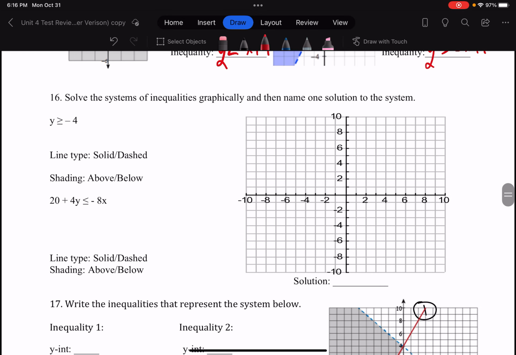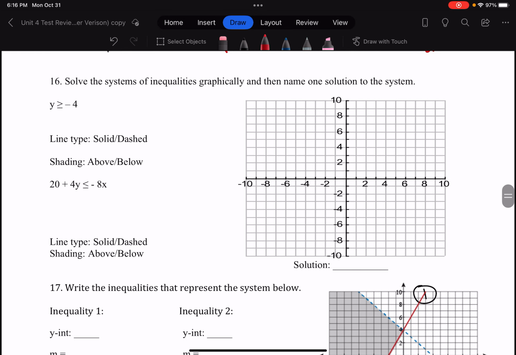Next, we're going to move on to systems of linear inequalities. So in order to solve any system of linear inequalities, you must graph these linear inequalities. So the first line I have is y is greater than or equal to -4. This is going to be a solid line because it's equal to it, and I'm going to shade above. So I've got where y is -4. This is true for all the x values. So this is going to be a horizontal line. And I'm going to make that horizontal line. And I'm going to shade above that line, but I'm going to wait just a little bit to shade above